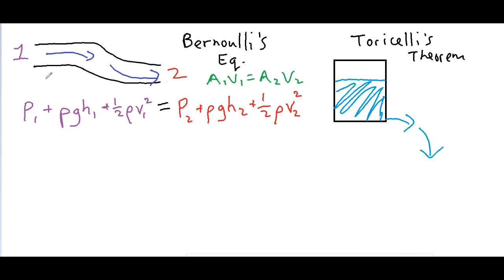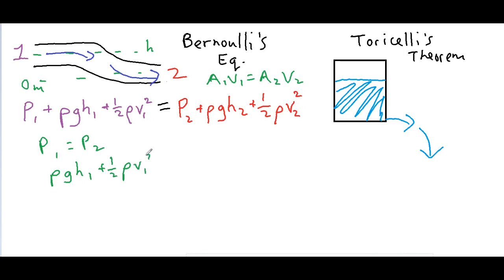In that case, what you would typically do is call your lower position, position 0, and then your upper position, whatever kind of height you have there. Now, in the event that you did do that, then you would be able to cancel out this entire rho GH value. So considering if we had a situation where P1 and P2 were the same, you'd be basically left with rho GH1 plus